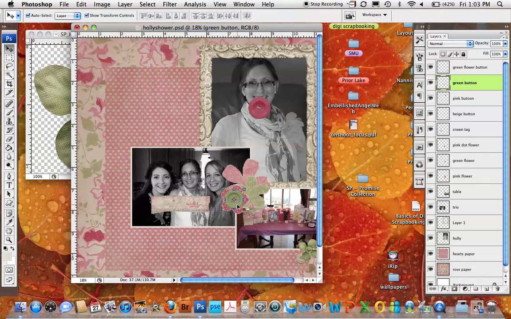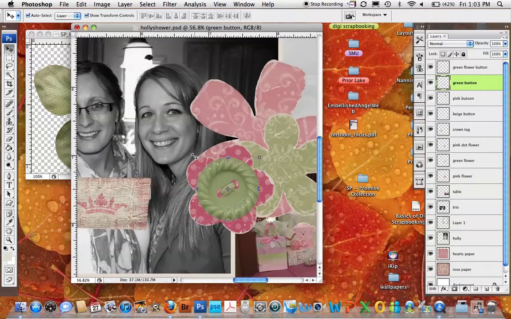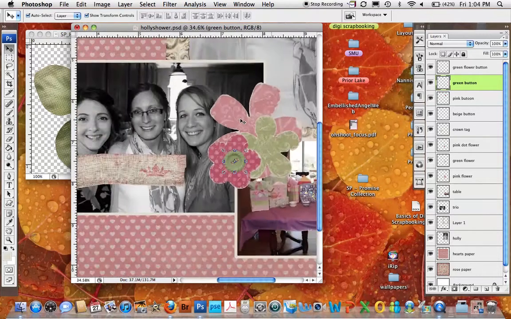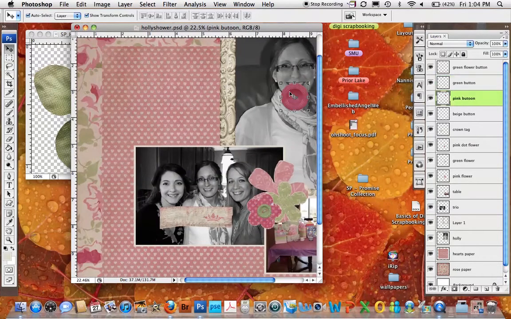And again, the button is way too big. I'm just going to zoom in a little bit. Look how realistic that button looks. That is amazing. And I'm going to just resize it so it's in the center of our little flower there. Then I'm going to zoom back out, find my pink button. I'm going to drag it down here,